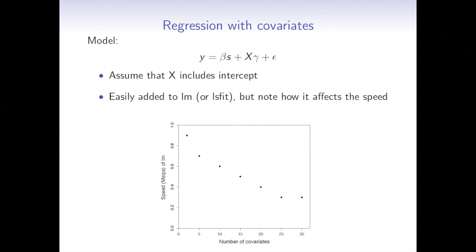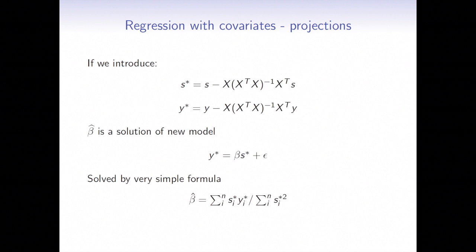And it's very easy to add covariates in the LM or LS fit function, but it will also of course affect the speed of the computation. So here we checked how covariates are affecting the speed. For example, for one covariate, the speed of 0.9 megasieves dropped to 0.3 megasieves for 30 covariates. So we want to deal with covariates in our semi-parallel computations in an efficient way, not to spoil our achievements